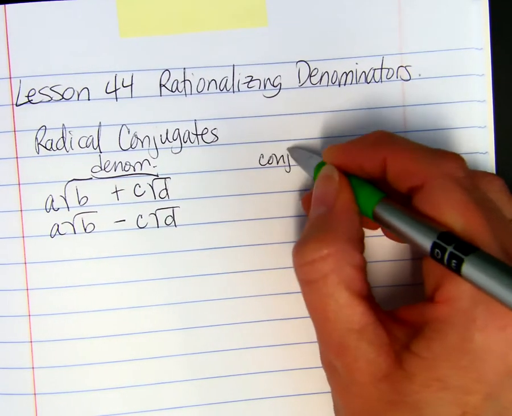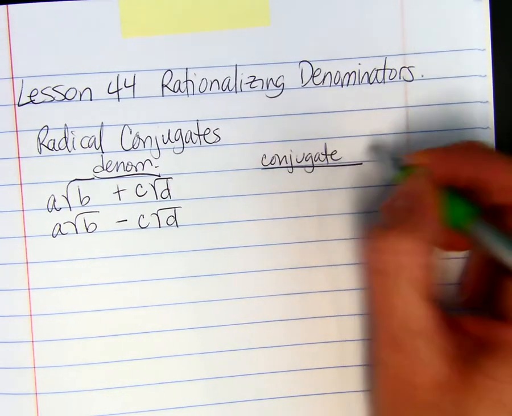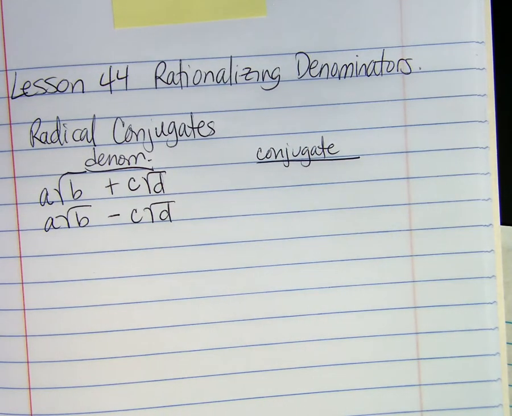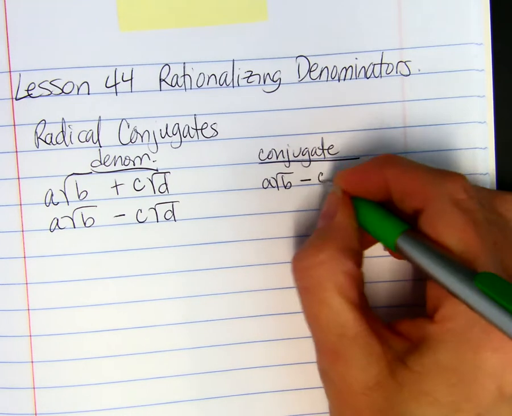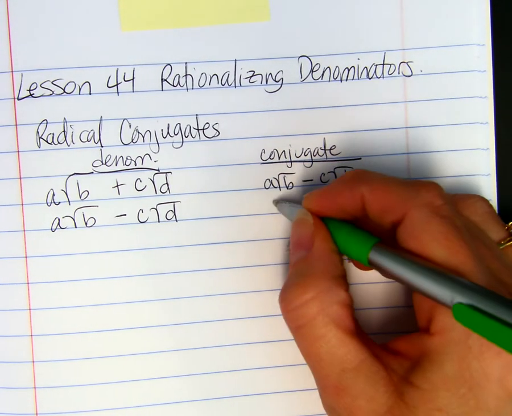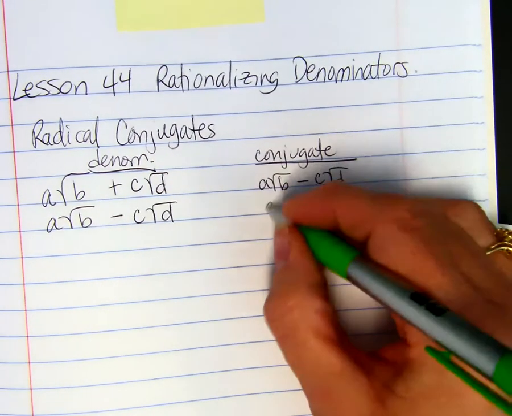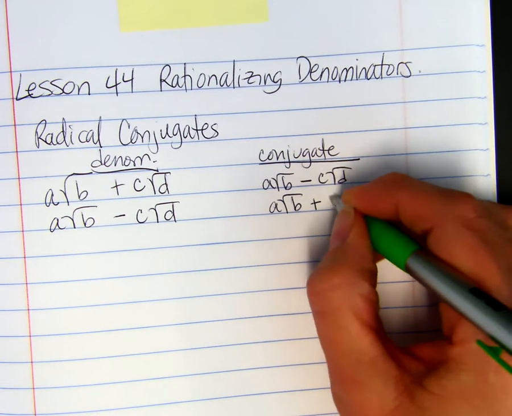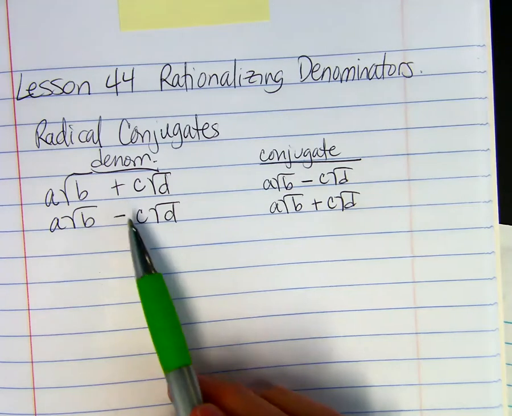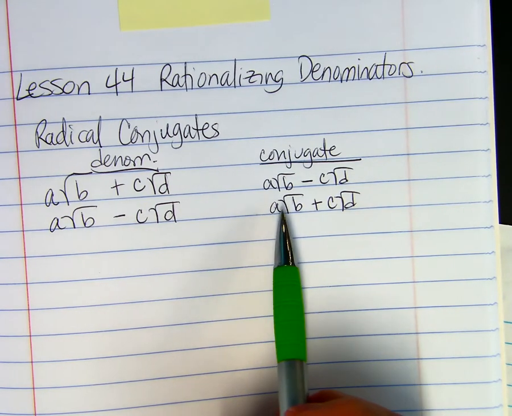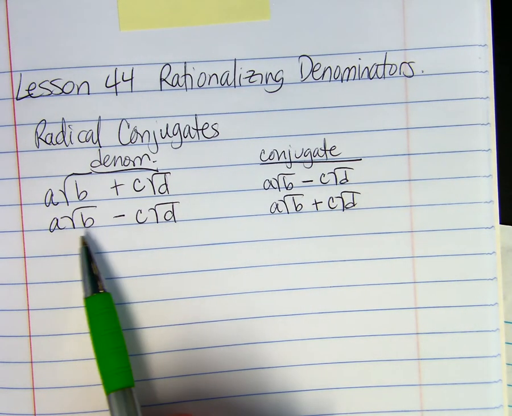The conjugate, which is what you need to multiply by in the numerator and the denominator, would be a root b minus c root d. Or if this one's in the denominator, it would be a root b plus c root d. So when you multiply those together, the middle terms will cancel out, and you will get